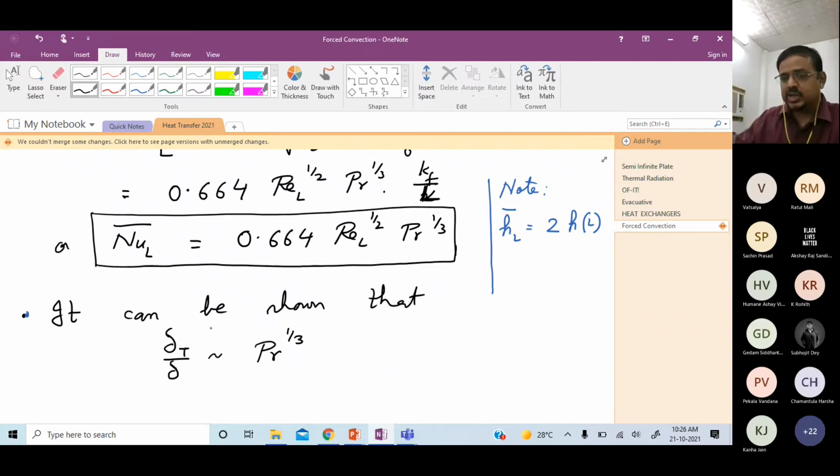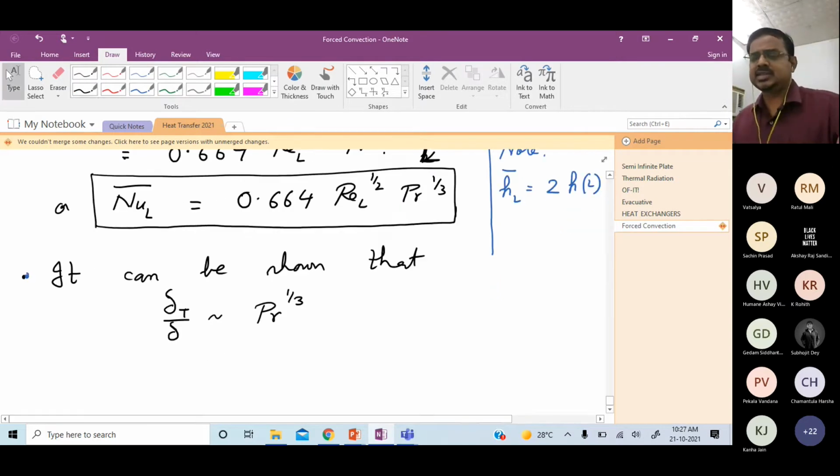The ratio kind of tells us what is the relative ease of propagation of the thermal front over the momentum front, or the effect of the thermal disturbance at the plate versus the effect of the viscous forces experienced by the plate. Okay, that's how we have defined Prandtl number as well, right? So the boundary layer thicknesses are expected to vary as a function of Prandtl number, and for a flat plate that turns out to be to the power 1/3.